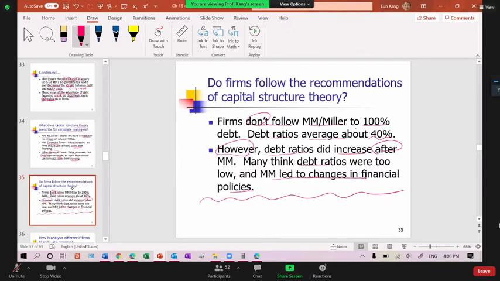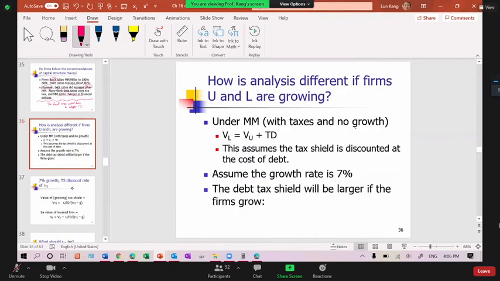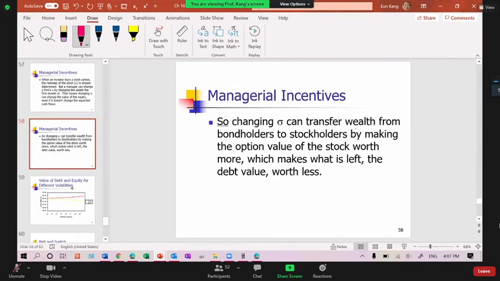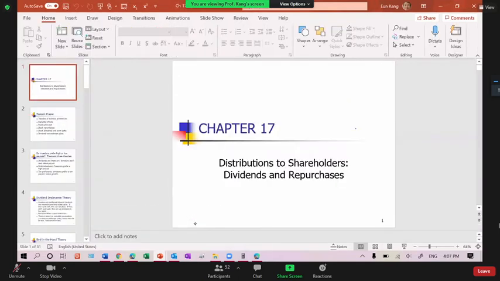And because of time, I have to cover dividends. Dividend is my area. I have my own theory. So the final exam covers until here and chapter 17. So chapter 17 is dividends, right? So we'll stop here. So you're not responsible for this. Then what happens if companies are growing, right? Surprisingly, when you make it more sophisticated, more complicated, the result changes slightly, not a lot, okay? So that is later, but you are not responsible for all those ones. And then we'll go on to cover chapter 17,